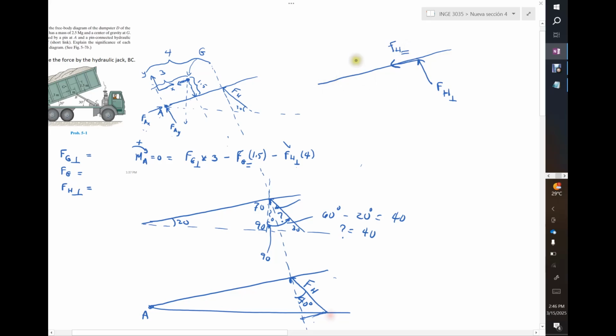Now I have another force coming here, acting on the perpendicular. That's force G perpendicular, but I also have another force coming this direction, which is FG. It's going to be FG parallel,